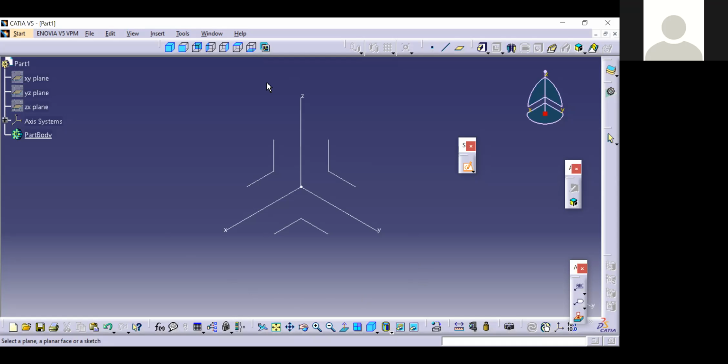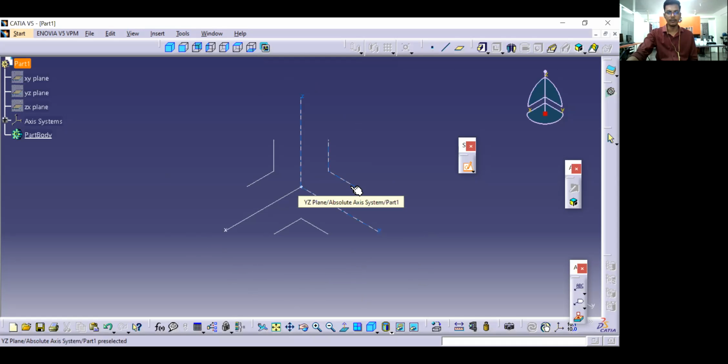The same way, we have 3 planes, 3 axes and a single point in the center. If you want to go to the Sketcher workbench, you have to enter the back face of the software. To enter the back face, you just need to select any one of the planes.